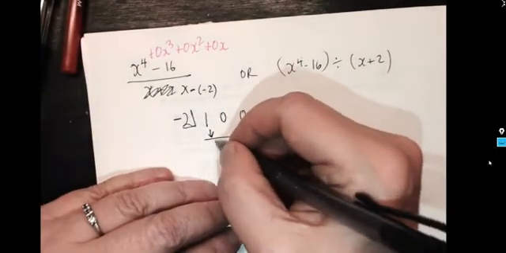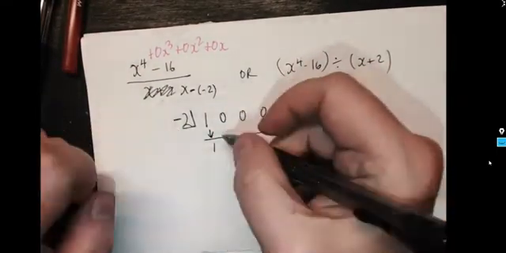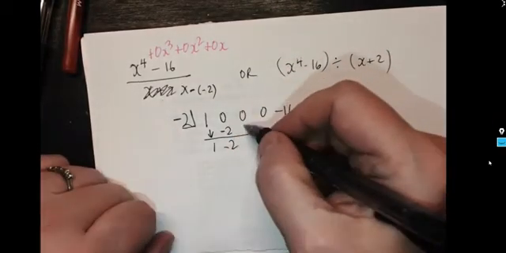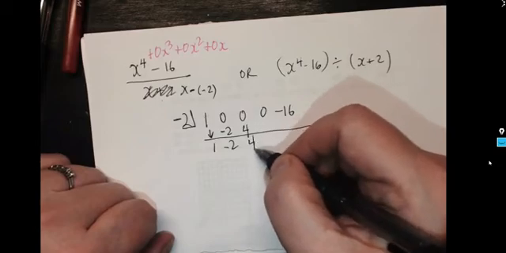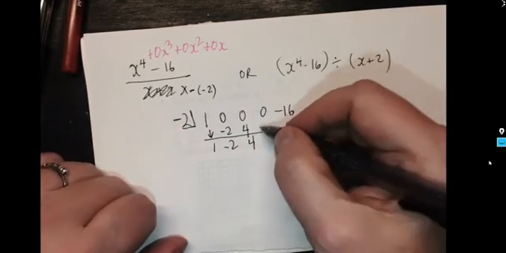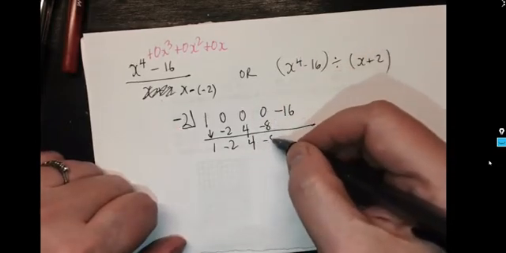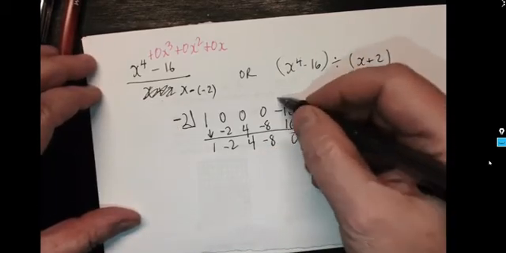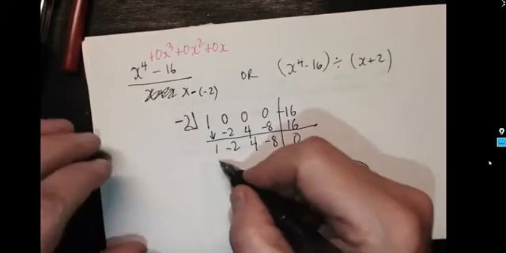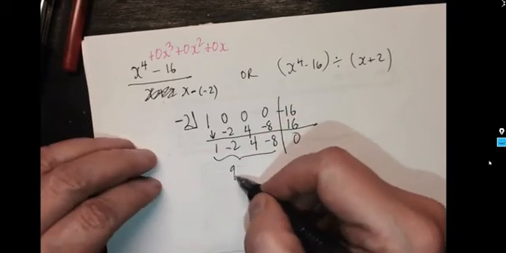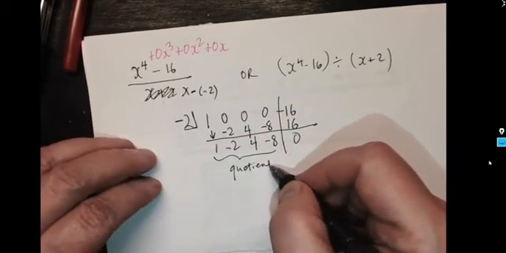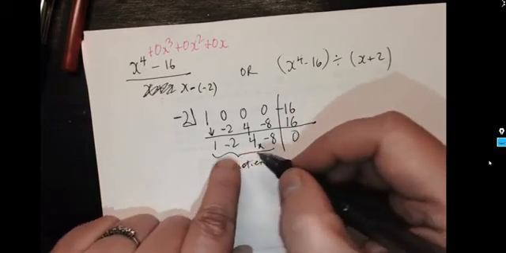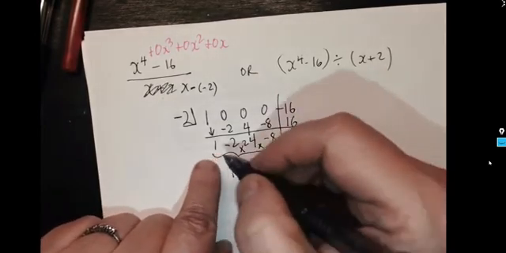And now I can get this started. 1 times negative 2 is negative 2, and then we add. Negative 2 times negative 2 is positive 4, and then we add. 4 times negative 2 is negative 8, and then we add. And negative 8 times negative 2 is positive 16, and then we add, and we get 0. So this is my quotient, the coefficients of my quotient. So this is going to be my constant, my coefficient for x, my coefficient for x squared, and my coefficient